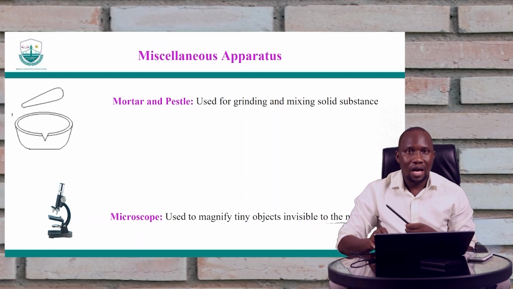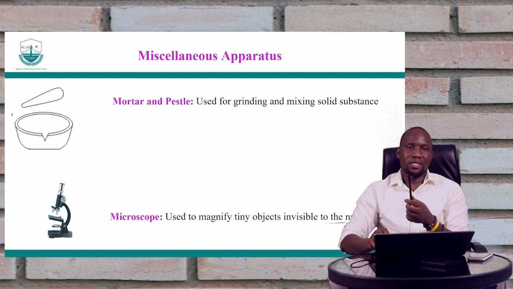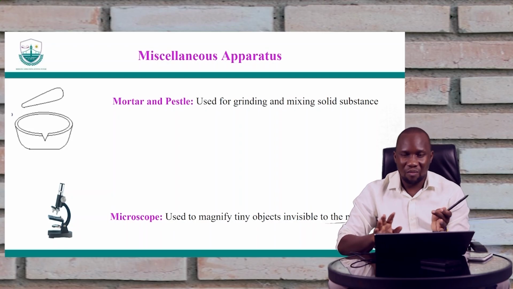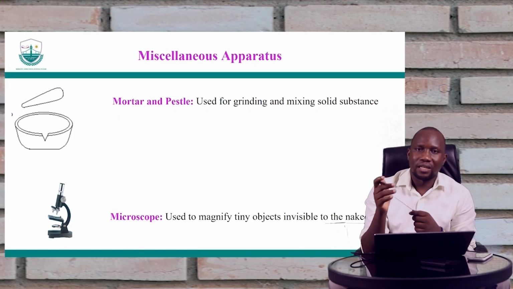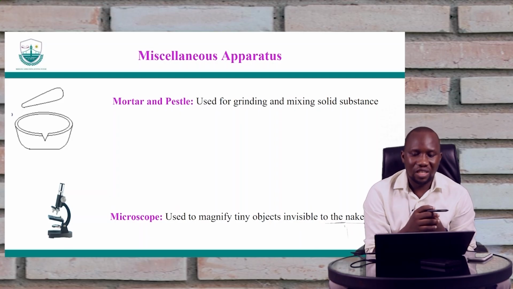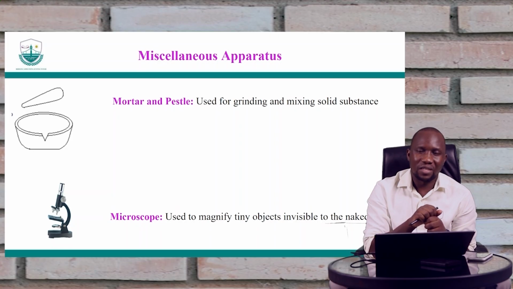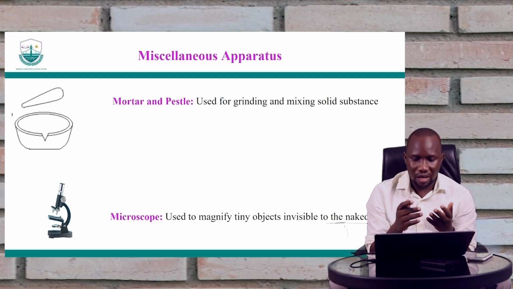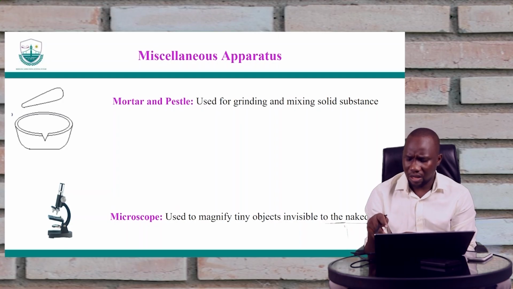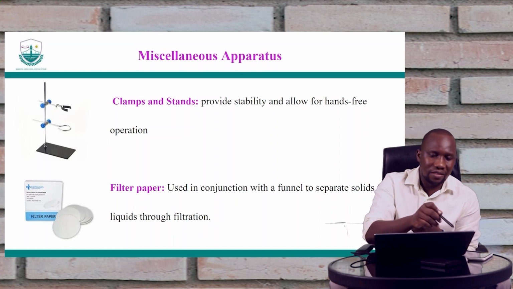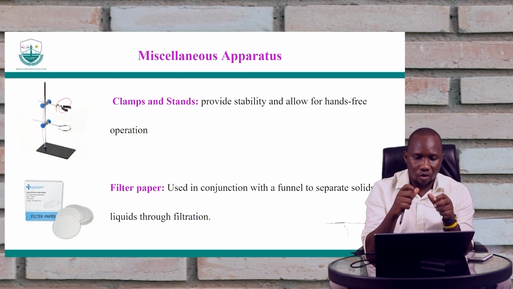the laboratory. And then we have these apparatus that are very important for different roles, and we have failed to put them into the appropriate category. We have the mortar and pestle for grinding solid substances into fine particles. The microscope for looking at small things that you cannot see with our naked eyes. The clamps and the stand. This is the stand, and then these are the clamps, okay, for holding